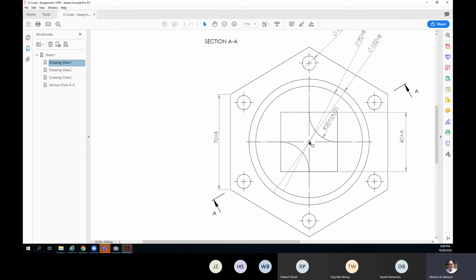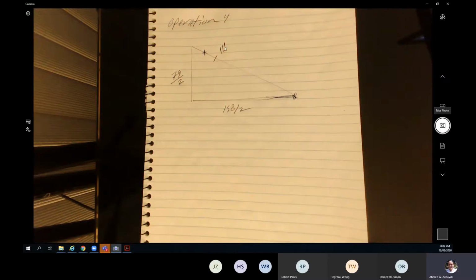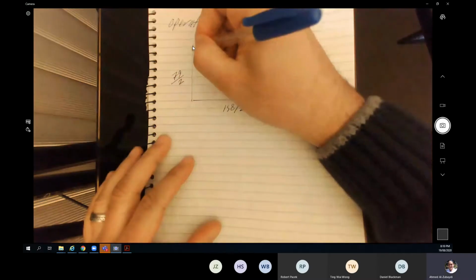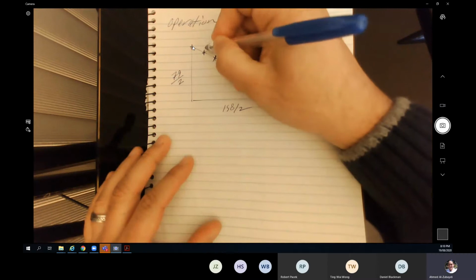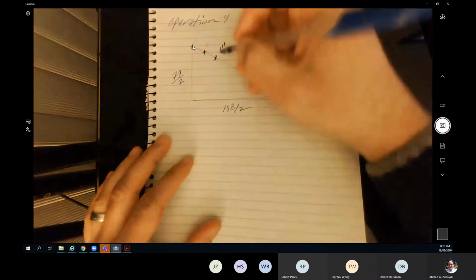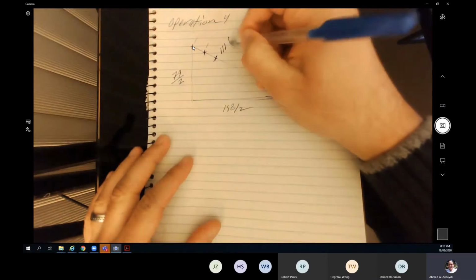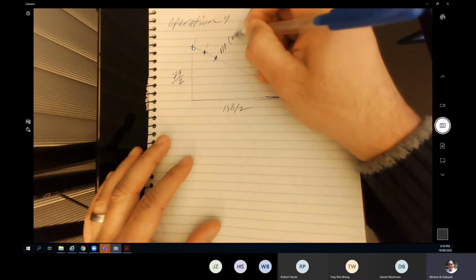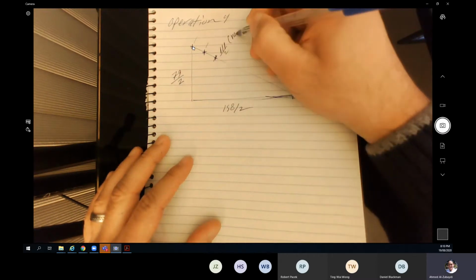Now I know the angle here, 79, and this height is 79 divided by 2. I can find this angle. And as I showed in the drawing, the distance to here is 111. The center of my triangle is going to be exactly in the middle between this point and that point. The 111 is the radius, divided by 2. The radius